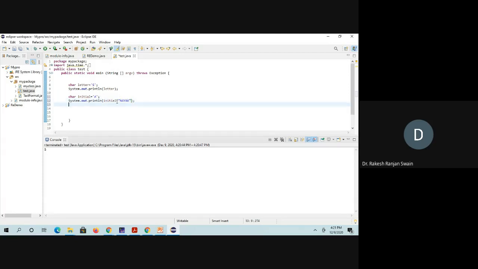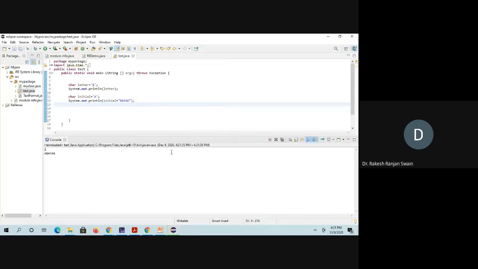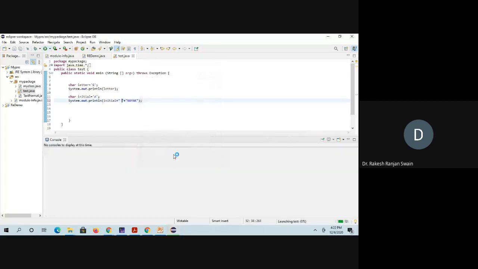Now I am concatenating a character with a string. Let's see what the output is. See here it prints A Nayak. If you want some space here, you can also add some space. You can see in the second line, A space Nayak.